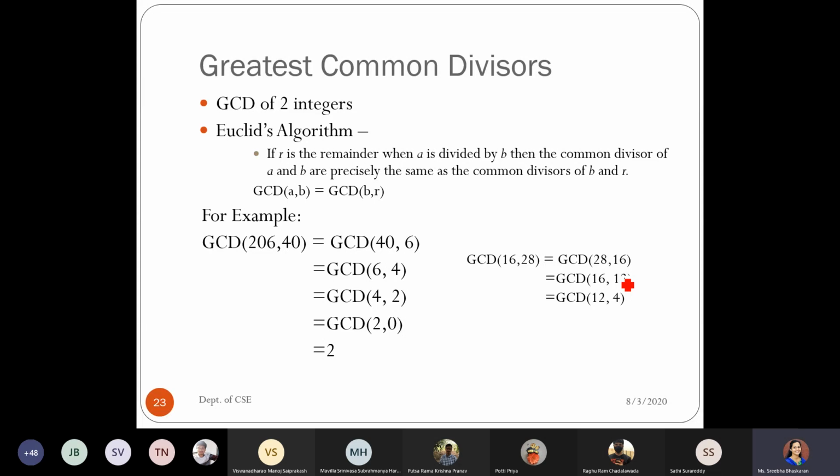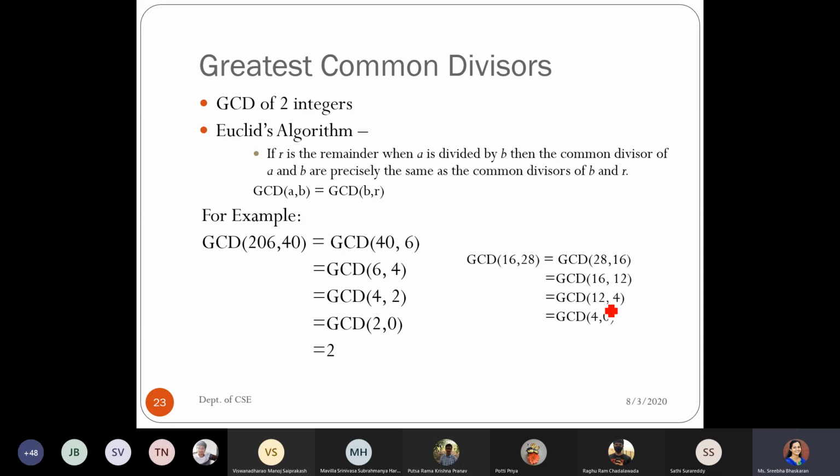Iterating again, A becomes 12, which was the previous B value, and the current B will be the remainder of 16 with 12, which is 4. Once again iterate because the remainder value is not 0.